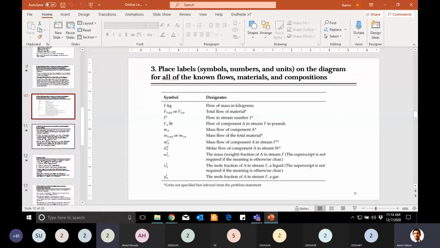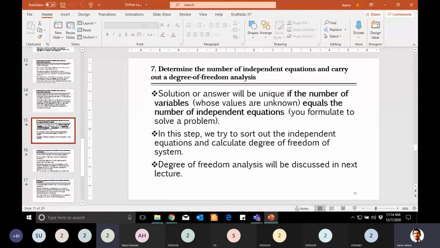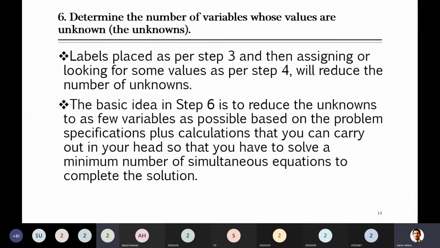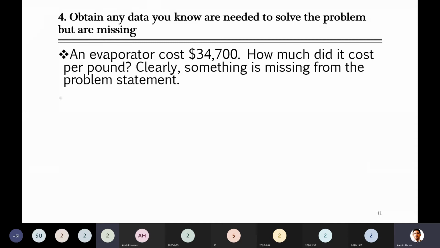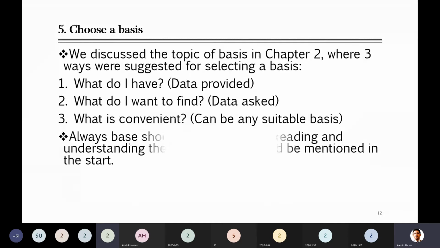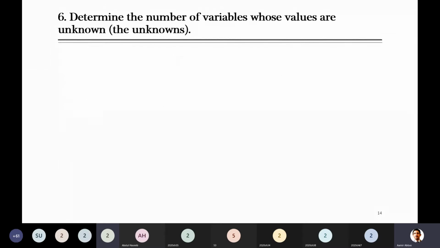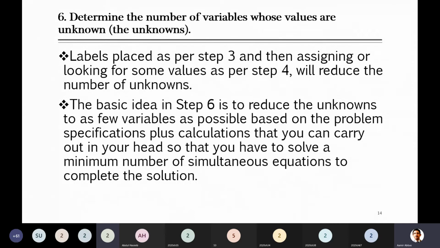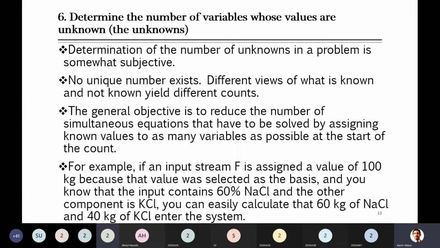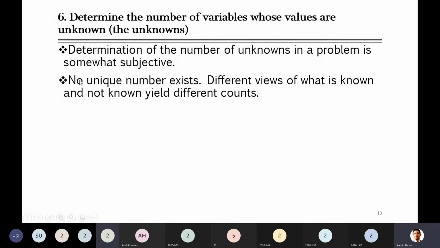Unknowns are those things which you have to find, you are looking for, whose values are not known. And after careful going through some system, you guys can see what things are known, what are unknown. And I explained here with some example that there was some system in which you can find the number of unknowns, and those unknowns cannot be one number. As we discussed, there can be more than one answer at the same time. If you remember, we were at this point that no unique number exists.